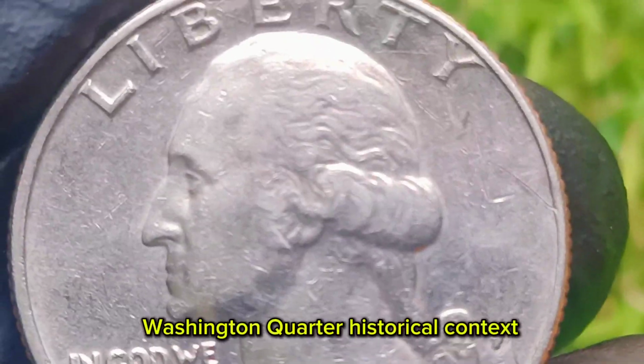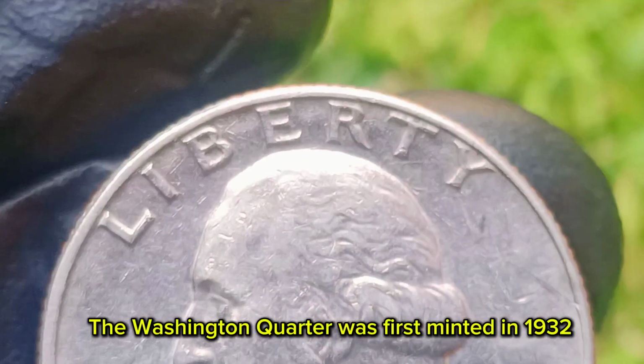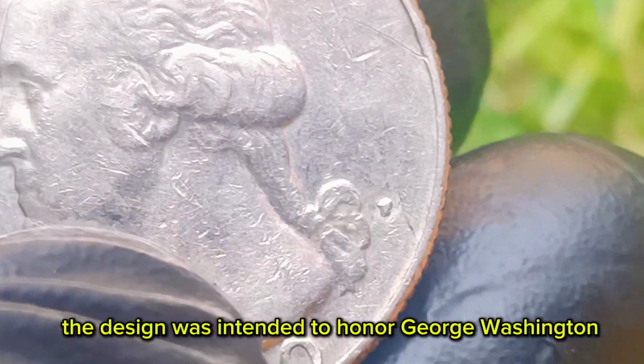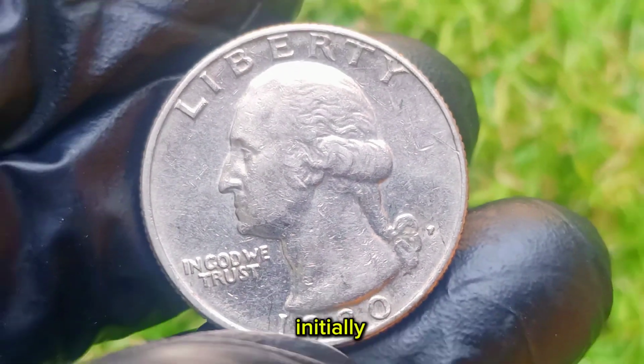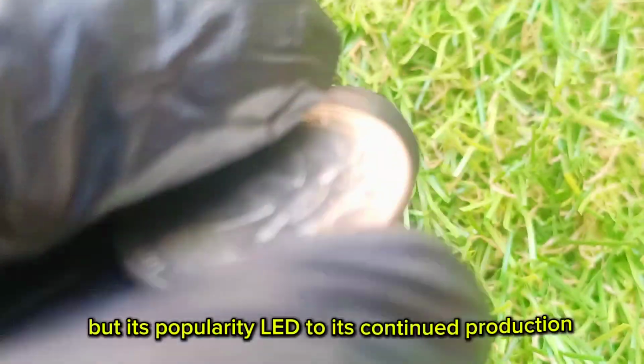1980P Washington Quarter. Historical context: the Washington Quarter was first minted in 1932, designed by sculptor John Flanagan. The design was intended to honor George Washington, the first President of the United States, and to replace the standing Liberty Quarter. Initially, the Washington Quarter was intended to be a one-year commemorative issue, but its popularity led to its